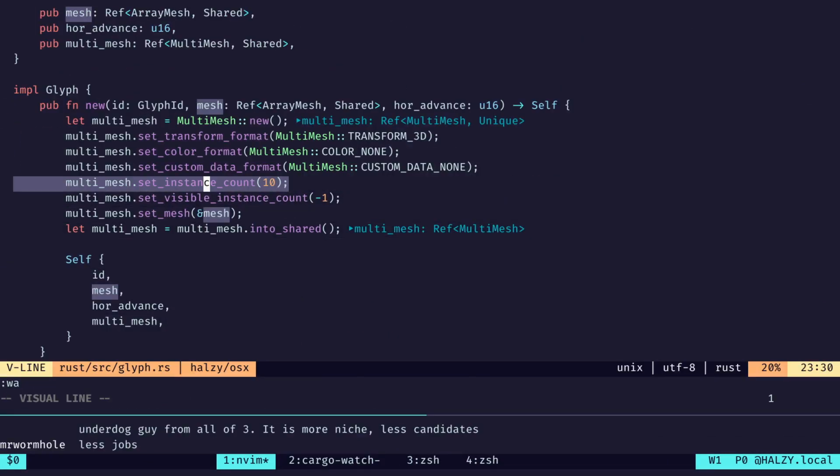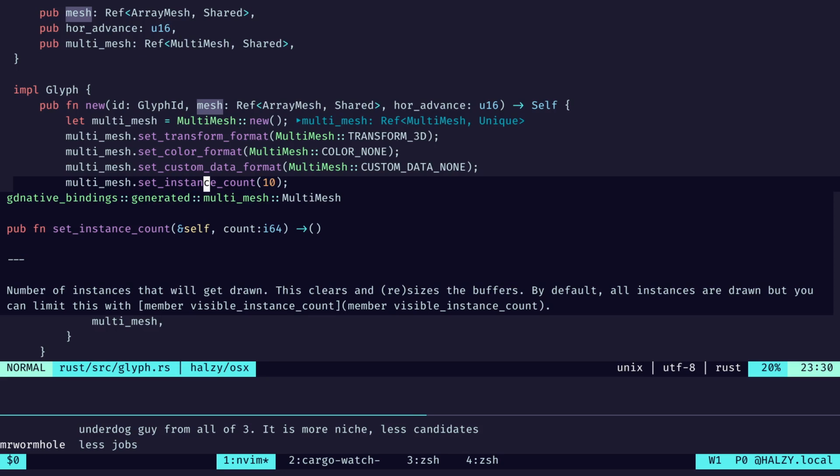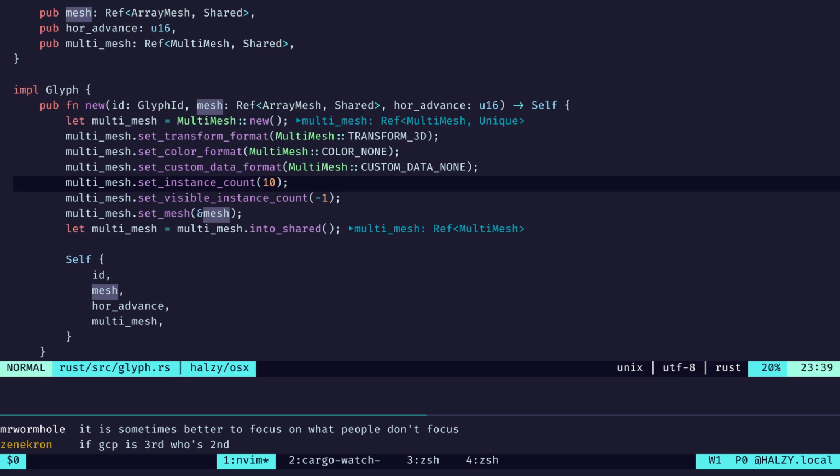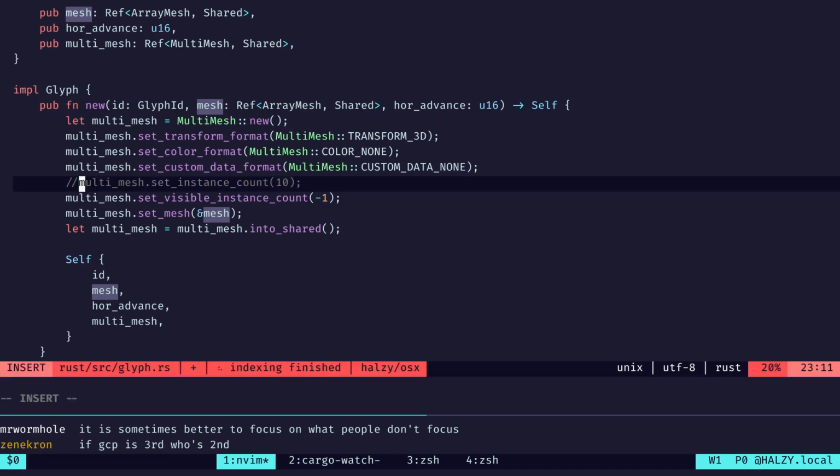Because we're going to have to manage this instance count, the number of instances that will get drawn. This clears and resizes the buffers. By default, all instances are drawn. You can limit this. Okay. See, by default, this is set to 0. So if we comment that out,